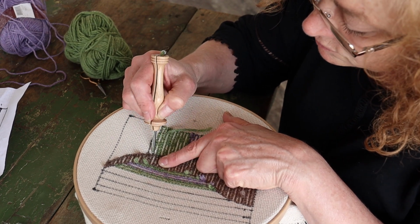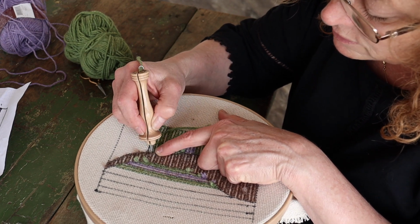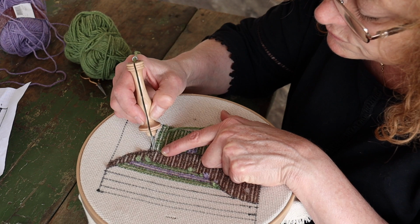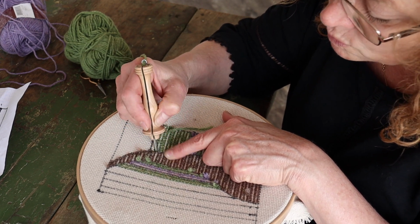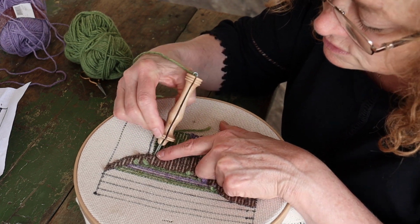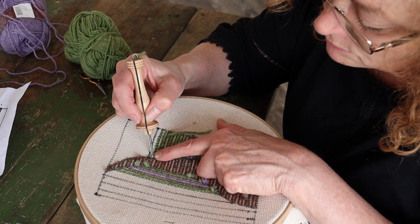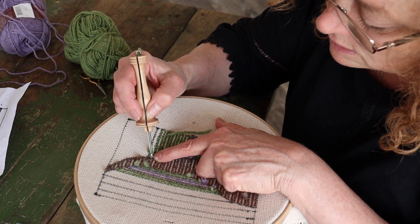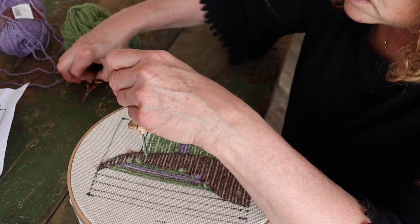So here's my end right here. I have been reading too about some people like to make sure that this one's pretty secure, so if there's a hole like right here next to it, you can actually go in that one. I don't want to go in this area here because it's purple. So as I come up, remember I'm going to put my finger there so I can pull this out a little bit without the loop coming out. So when I cut this,